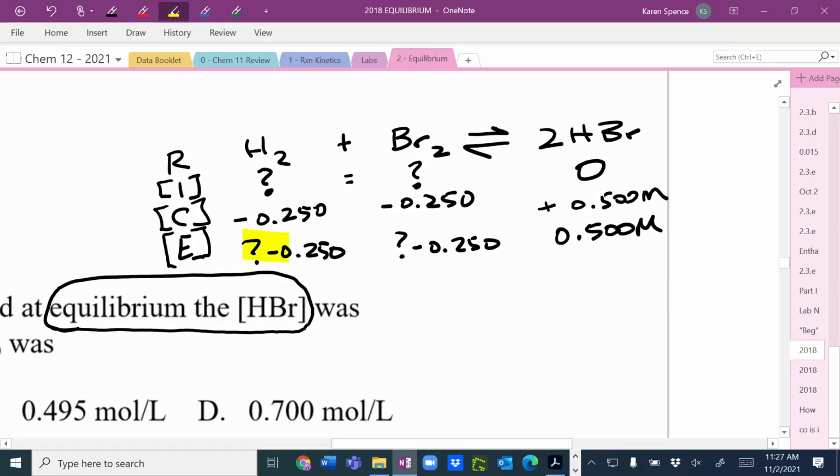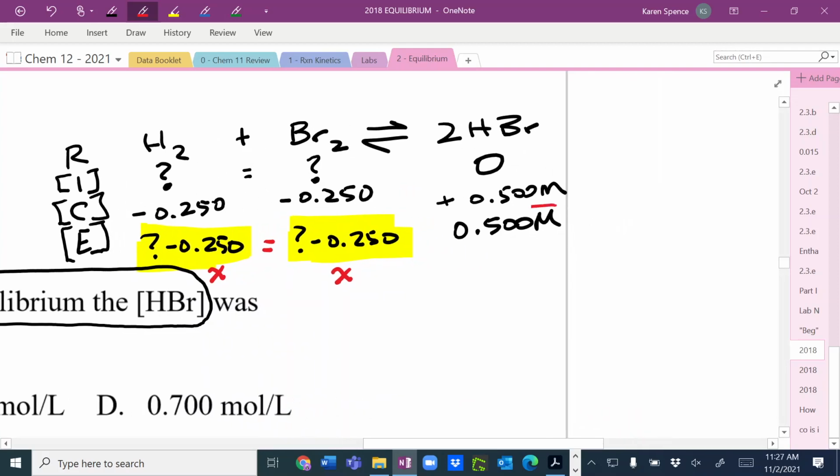Because the thing that matters here is that these two at equilibrium are still the same as each other. So rather than having question mark minus 0.250, why don't we just call these both x? Because if they are the same, then I have one value for x, and I have a concentration of